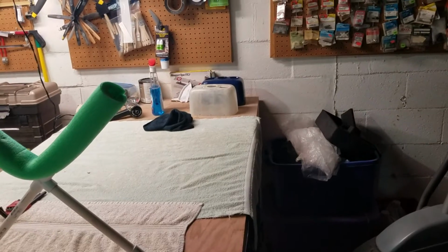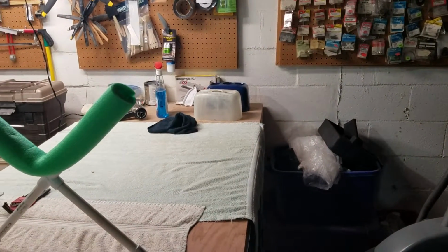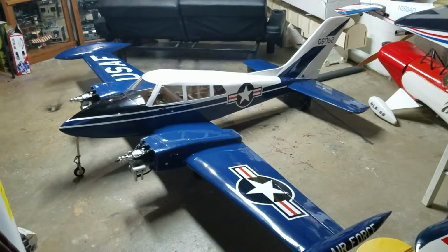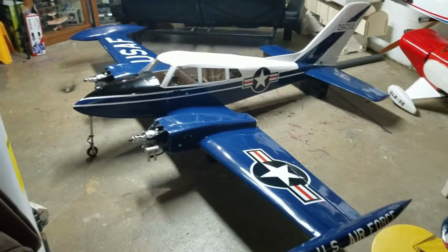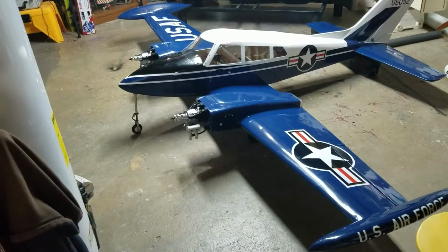You can see in that back corner, one cowl is finished, the other one I just cut last night, so I got to get that painted. And I still have to decide on what props I'm going to use. I think I'm going to use 3 blades just because of the...